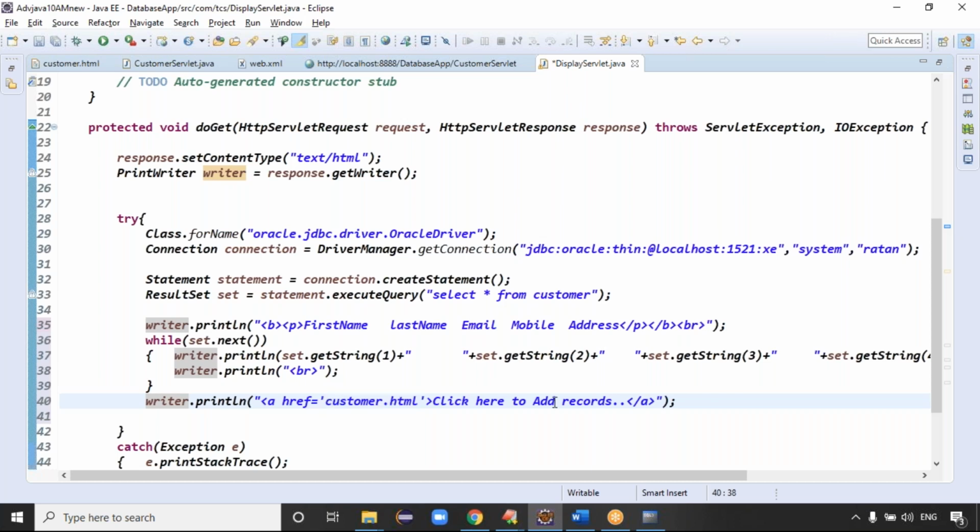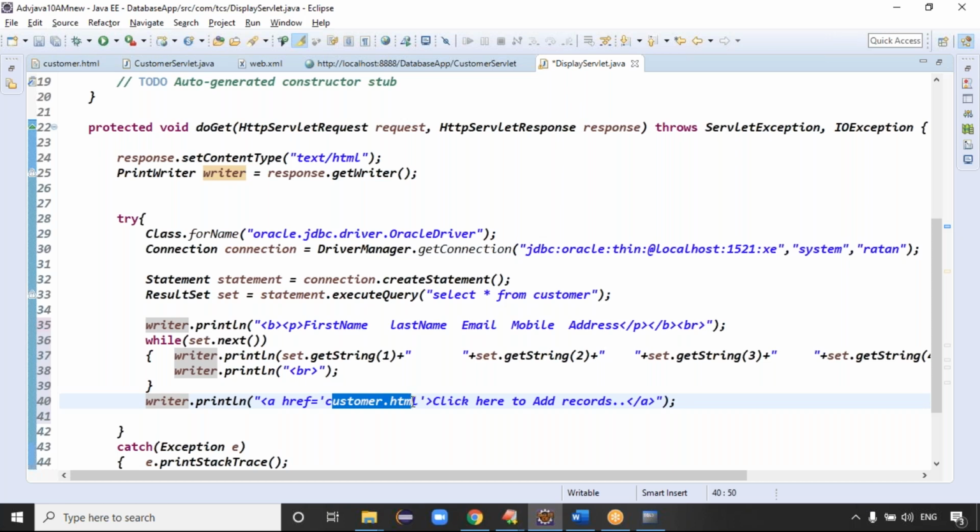Customer.html is displayed. Guess, when we click here to add the records, do you think it is a get request? It's not like that, guys, because this is not a URL pattern. It's an HTML page. When I click this URL, the HTML page is directly displayed. It's not like a get request is generated, right? A get request is generated in an href tag when you give a URL pattern.